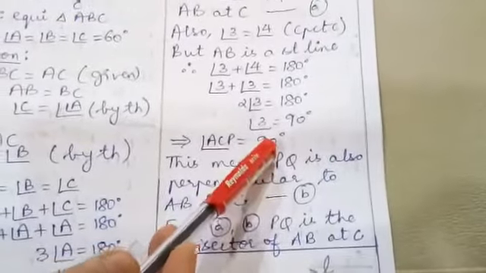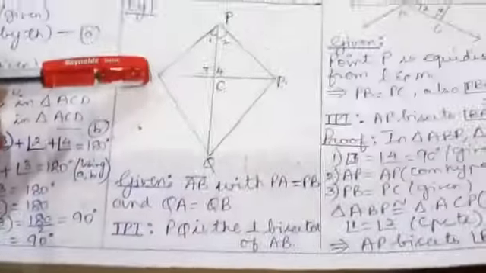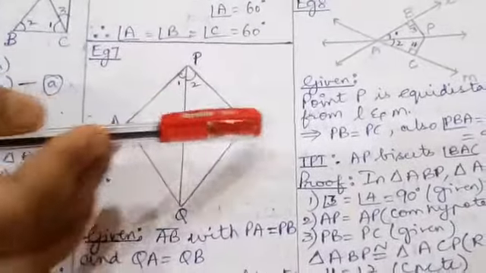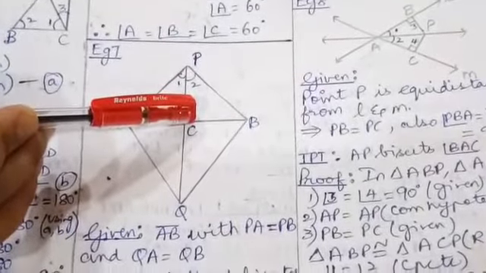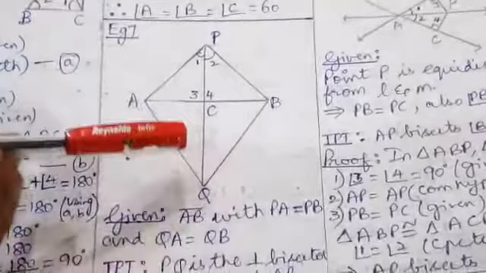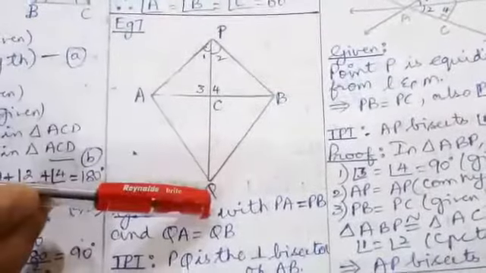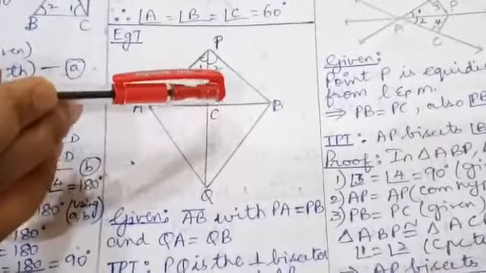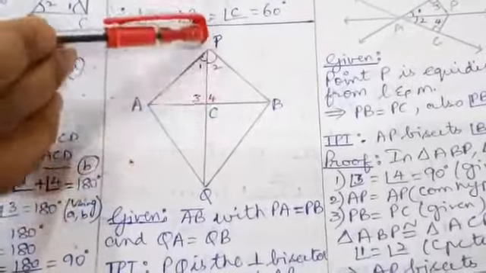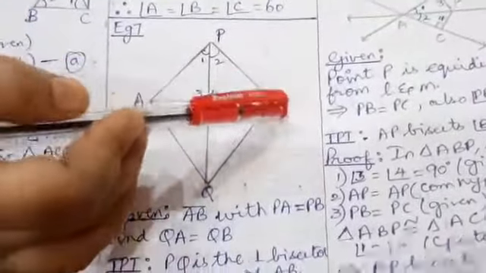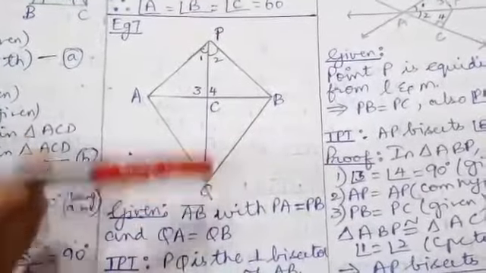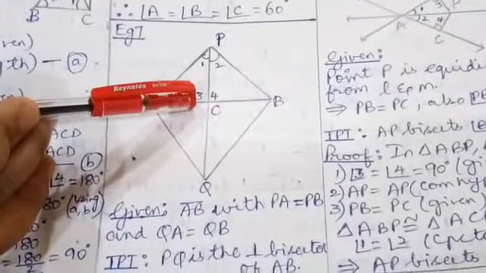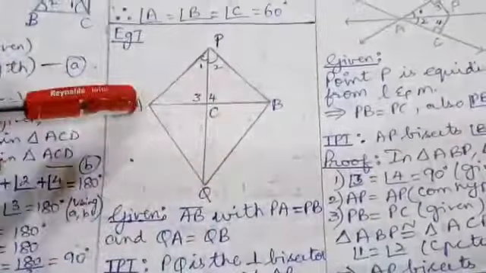So angle 3 is 90 degrees, meaning angle ACP. See here, angle ACP equals 90. Or we could even say angle BCP is 90 degrees. So this means that the line segments AB and PQ meet at right angles. See, this is the point where the two line segments meet, and they meet at right angles. So this means that PQ is perpendicular to AB. AB is also perpendicular to PQ. But we need to prove that PQ is perpendicular to AB, right? So since angle 3 is 90 degrees, it means PQ is perpendicular to AB.